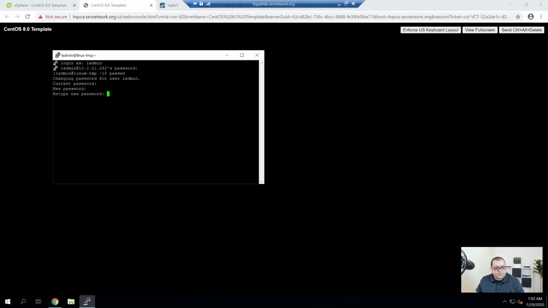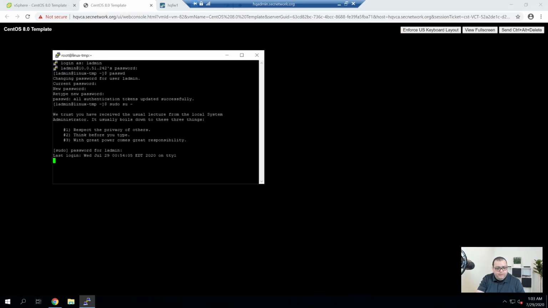Paste that in. And now I'm going to sudo with the new password.